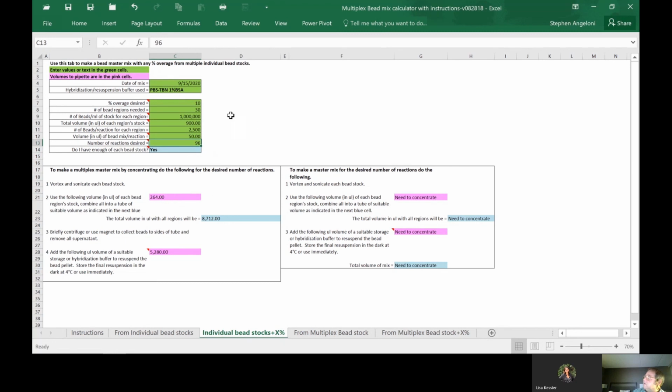However, this time when you're combining 30 of them together, it's going to create a total volume of a little over 8 mLs, which you have to concentrate down to a little over 5 mLs. The same volume you needed over here when you were making the 5-plex mix. So by following these instructions, you'll actually have an accurate dilution of all your beads, so that when you add your 50 microliters to each reaction, you're going to get your 2,500 per reaction,